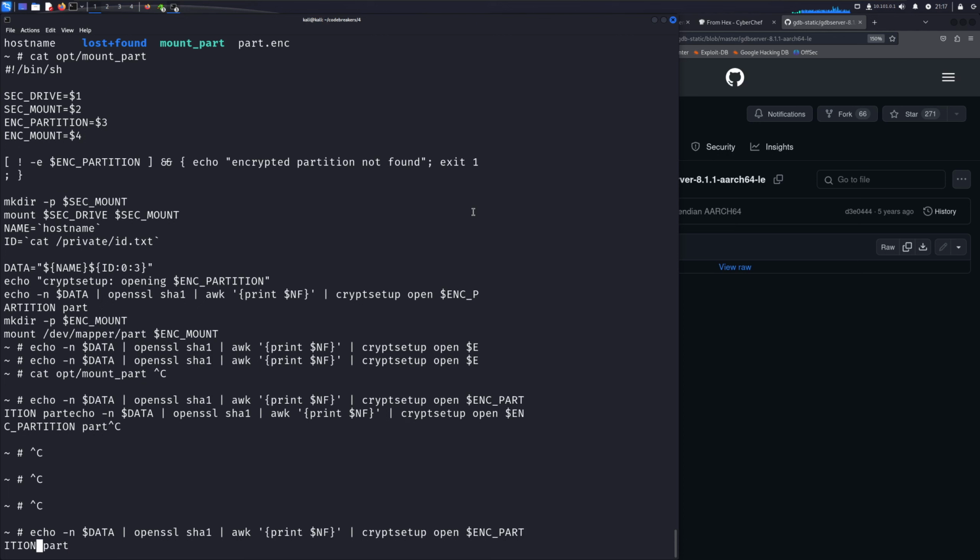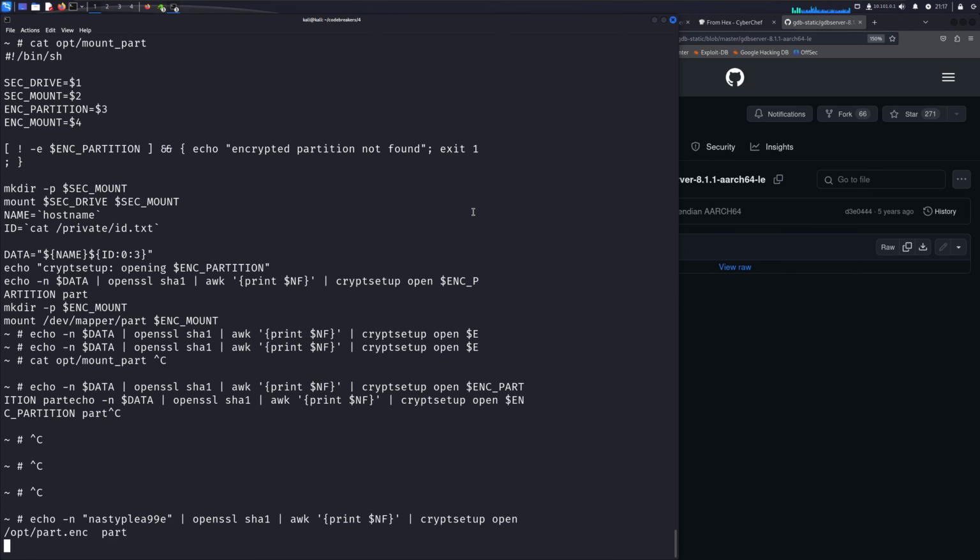Sad there's still line wrap on here, but that's all right. So get rid of this, go opt part encrypted. We know what the password is. For this instance, it was nasty plea 99E. It should still take another minute because since it's running an emulated instance, it's going to be much slower than